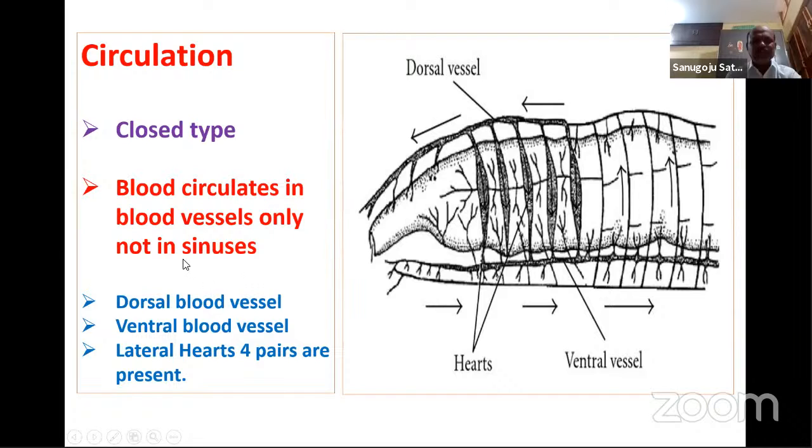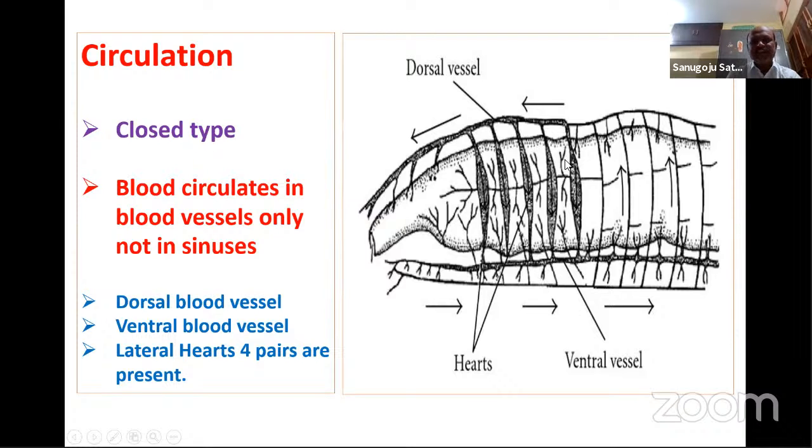If it is circulating in sinuses, that is open type of circulation. It will be seen in the mollusks and some arthropods. Actually, blood circulating in blood vessels only, not in sinuses, is characteristic of closed type of circulation, which is seen in the annelids. There are blood vessels, those are dorsal blood vessel, DBV, ventral blood vessel, VBV, and lateral hearts, 4 pairs are present. The 4 pairs of lateral hearts connect the dorsal blood vessel and ventral blood vessel above